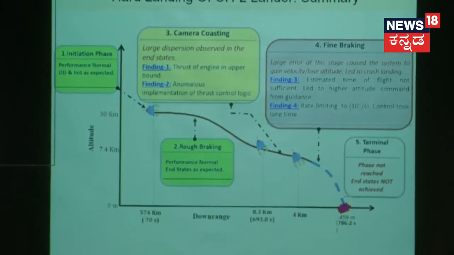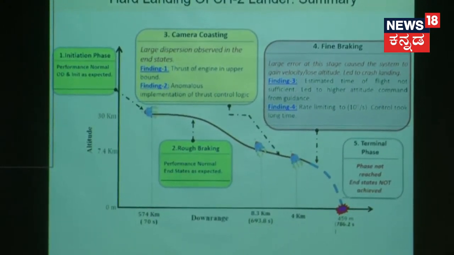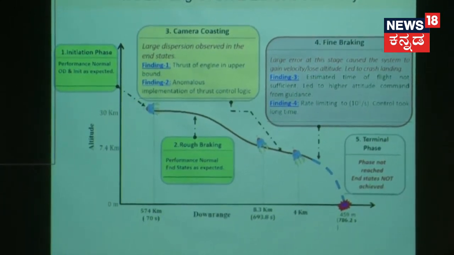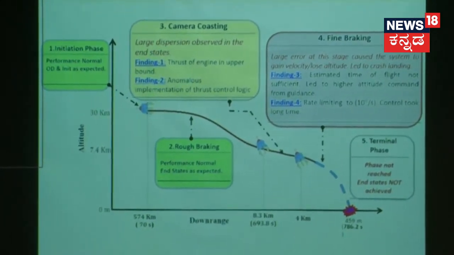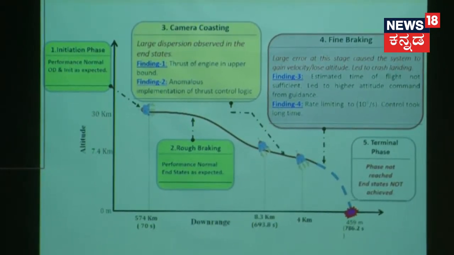The time was not enough. And when that was not enough, it found that it is not at the landing site. It is still far away. So the algorithm is trying to say, I want to go there. What it was doing is trying to gain horizontal velocity and move there, whereas it already had high vertical velocity. It was not able to kill that velocity. So it created a confusing condition for the entire algorithm.